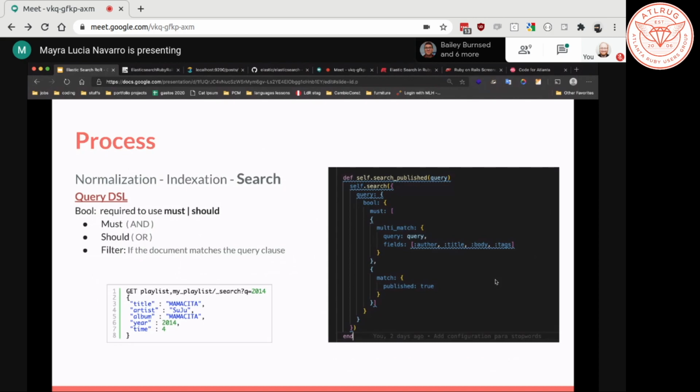And this is the part about the search. One of the pictures that is shown here is in a little bit of an example that I am about to present. Based on the documentation, you have some parameters that you have to send to make a query. And here we have a common example. If you want to find something, you need to give the search word and actually the query, and in this case the year that you want to find, and this is something that you would like to get.